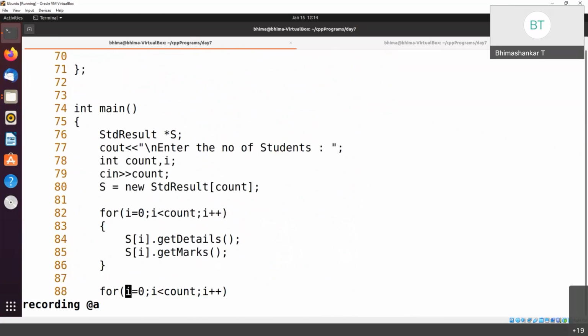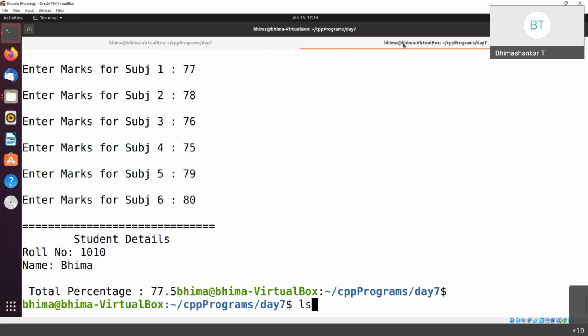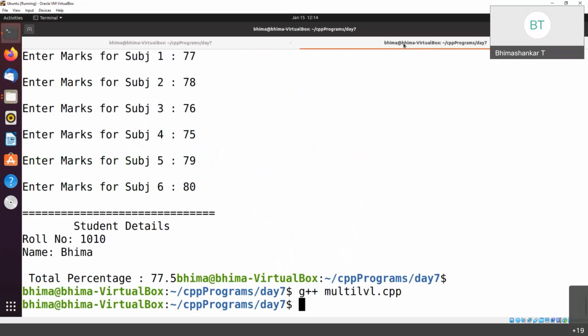So display marks I should have, not display details, it is display marks. So display marks will display the details as well as marks, correct? Hence I'll recompile this back